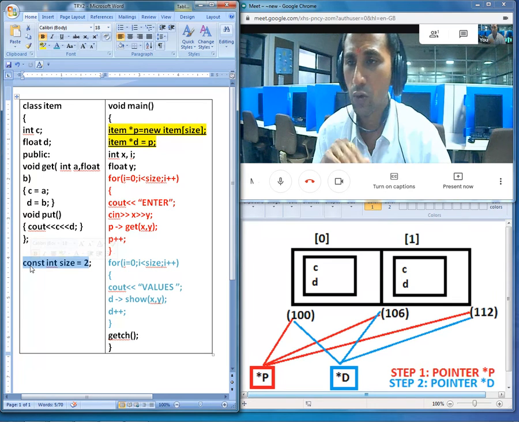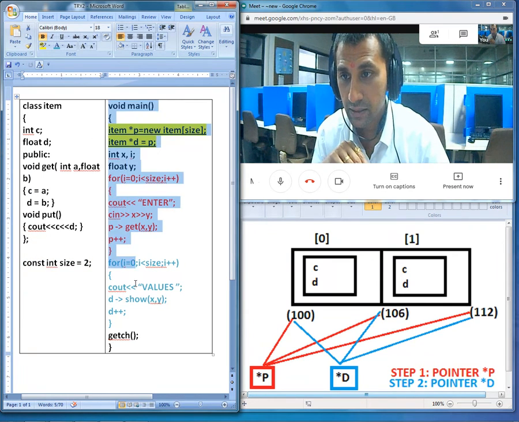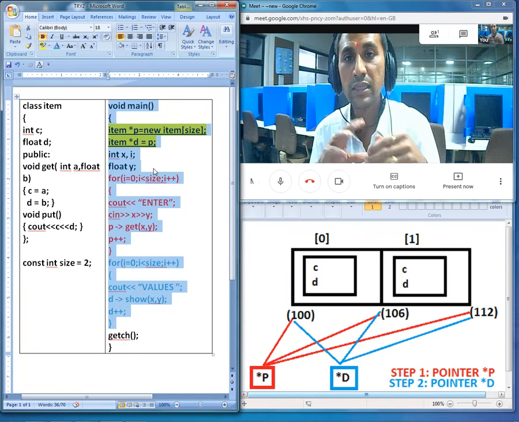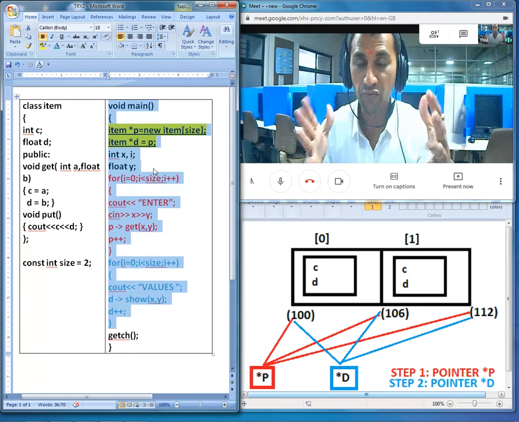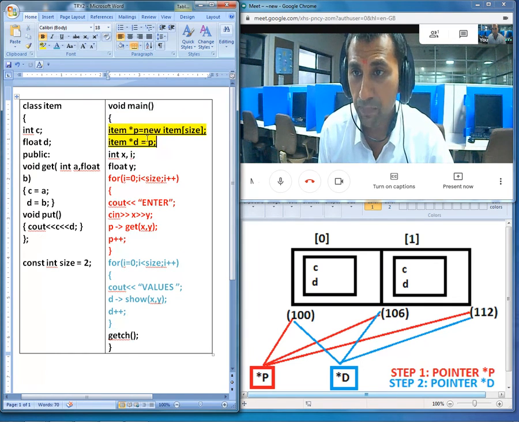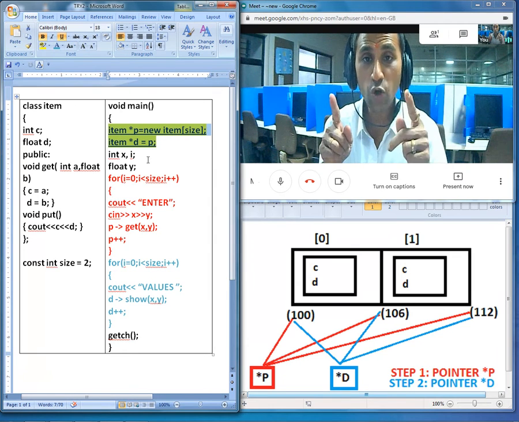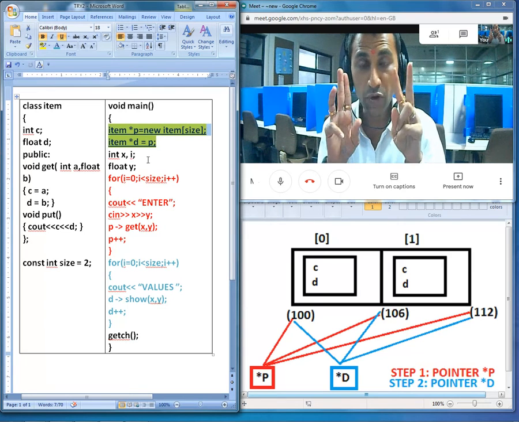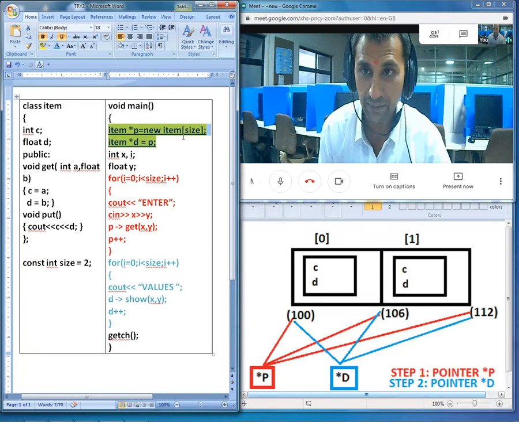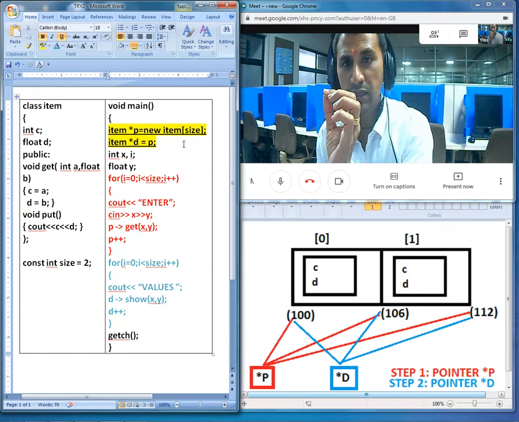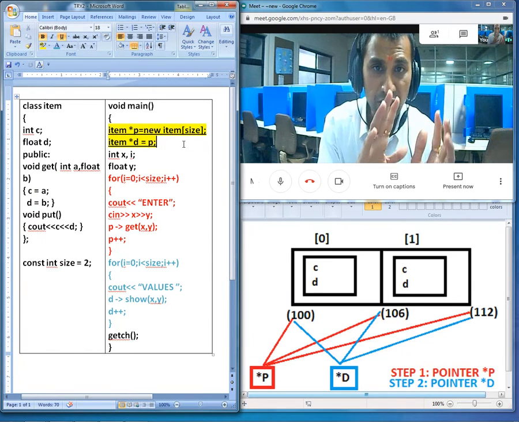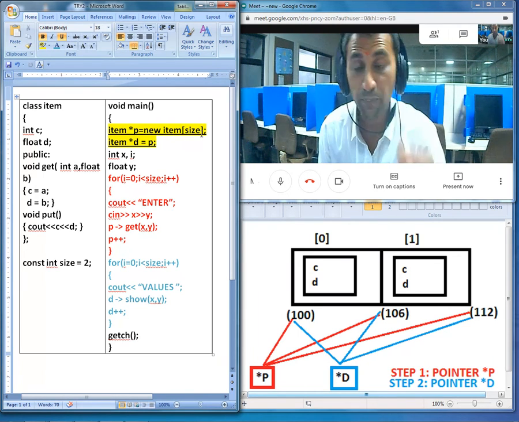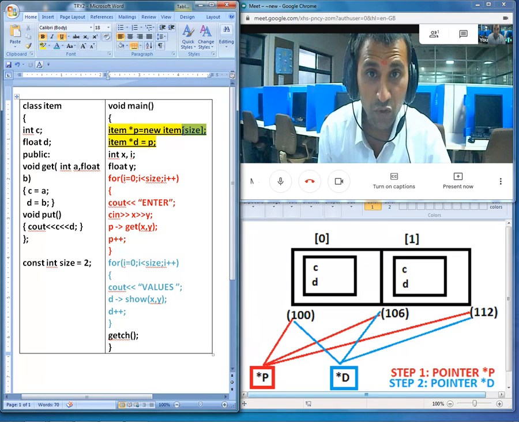Now if you take a look at the main definition, you can see the initialization of an object followed by the insertion of the values and retrieval of the values. In the first part itself, using the memory management operator new, we have created a block for accommodating two objects of the class item. You are well aware of the functioning of the new operator, and we execute the statement from the reverse, from right to left. First of all, we are going to define 2.